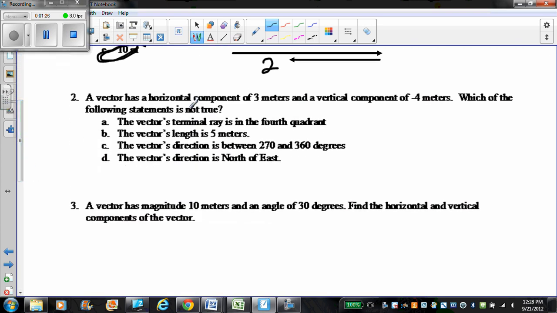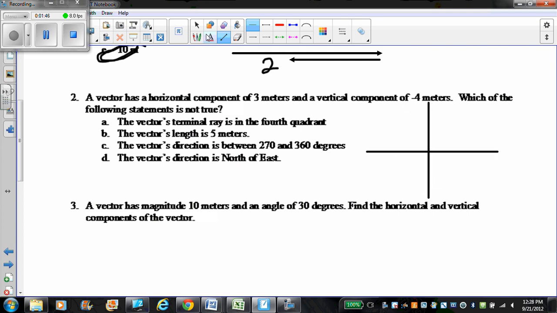Question 2. A vector has a horizontal component of 3 meters and a vertical component of -4 meters. Which of the following statements is not true? Before I attempt to answer this question, I'm going to sketch the situation. So I'm going to sketch a coordinate plane. And then I'm going to sketch my vector